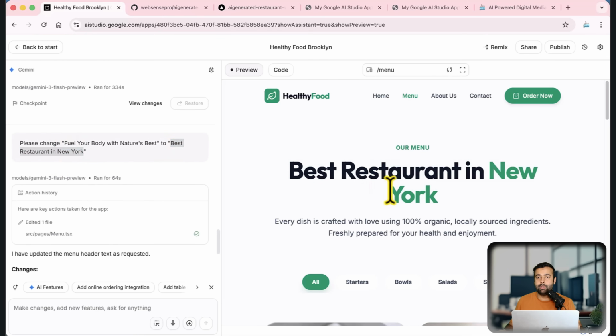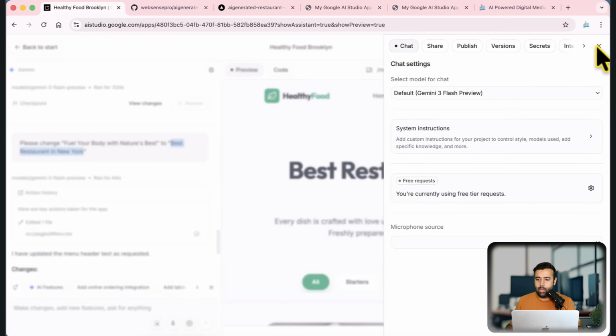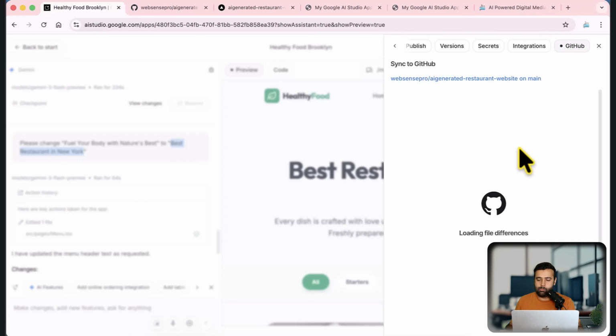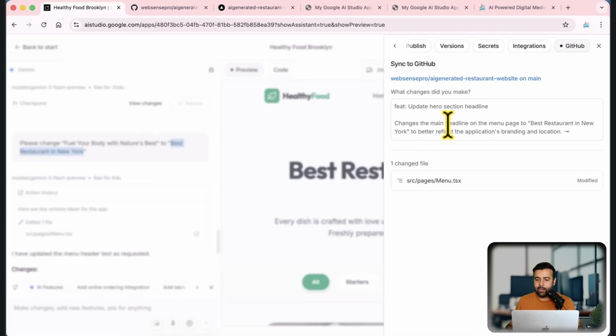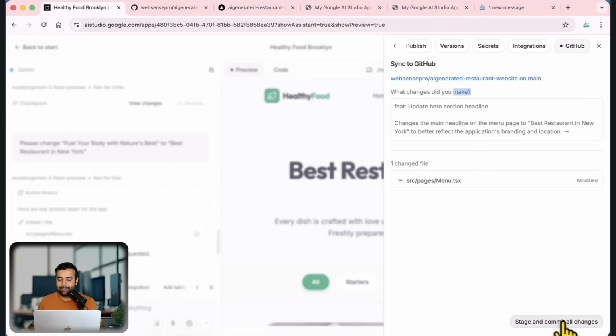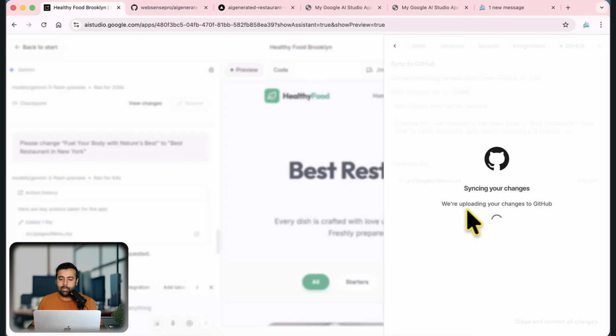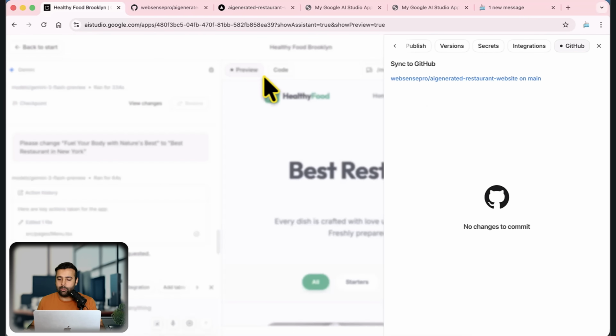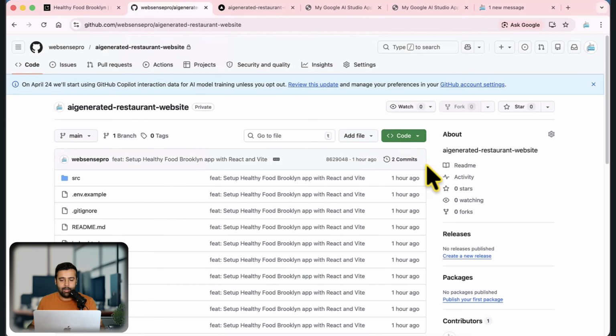Now, in order to push this change to your live website, again, click on this gear icon. And here, let's go to GitHub again. And here you can see that it is creating the commit. What changes did you make? And all you have to do is just click on stage and commit all changes. Click on that. And it is going to sync all of your changes to GitHub and then automatically deploy that to Vercel. So now if I go back to GitHub and hit refresh,